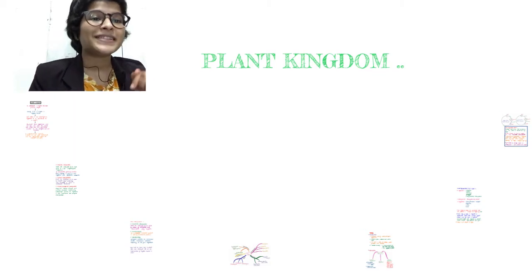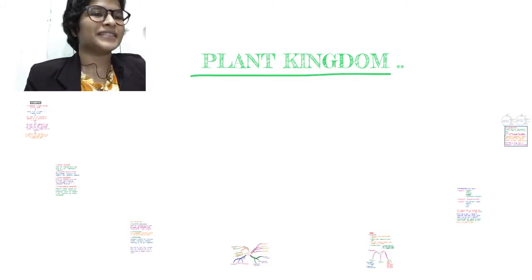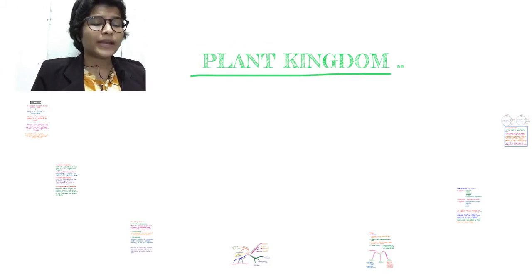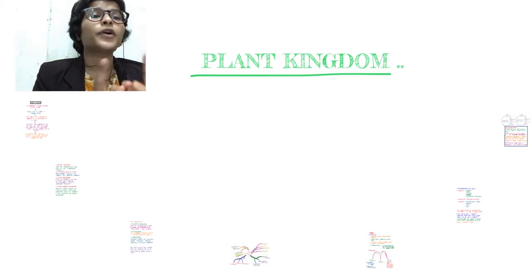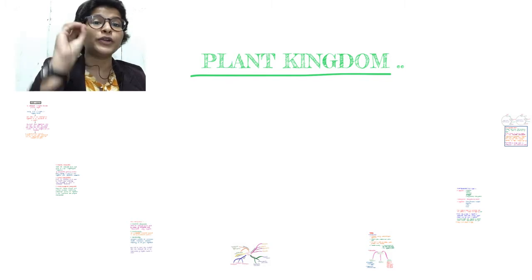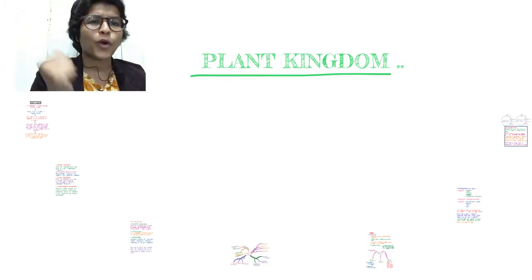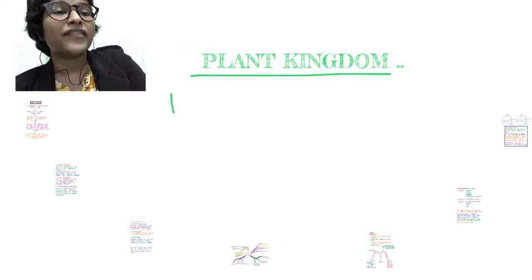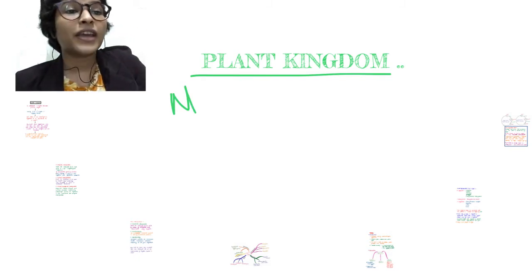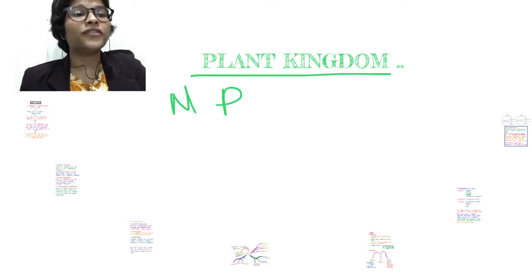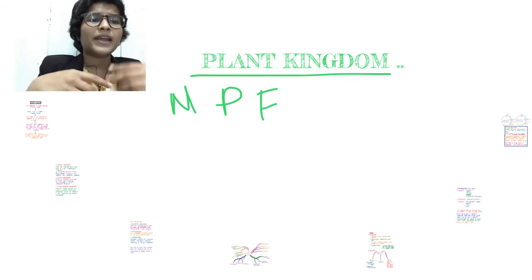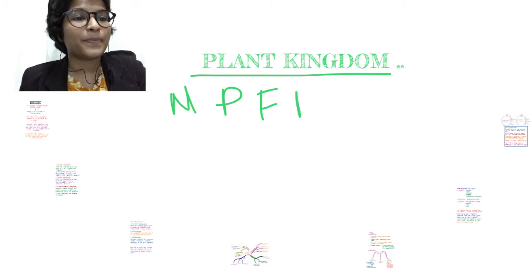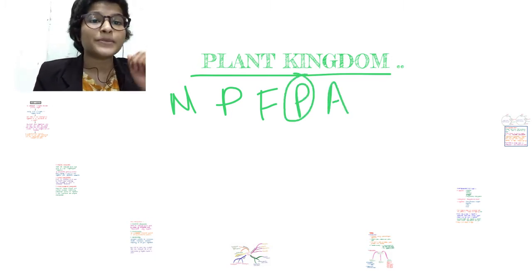So the chapter we'll be studying today is Kingdom Plantae, or the plant kingdom. In our previous chapter, biological classification, we've seen that all living organisms on this planet Earth are divided into 5 major kingdoms. What are they? Quick recap. We have kingdom Monera, then kingdom Protista, then all the fungi are included in kingdom Fungi, and finally the comparatively advanced kingdoms, that is kingdom Plantae and kingdom Animalia. So today we will be learning about kingdom Plantae.